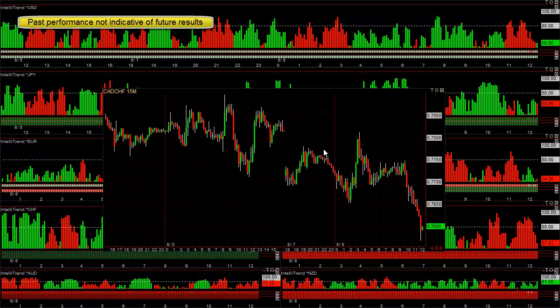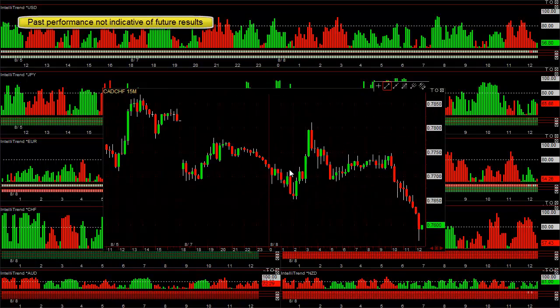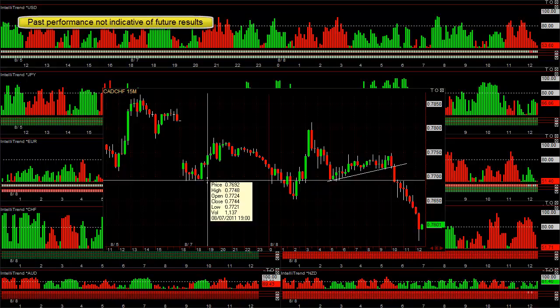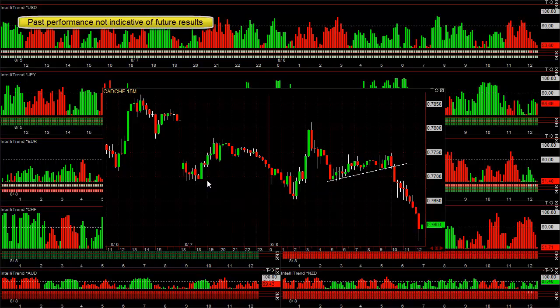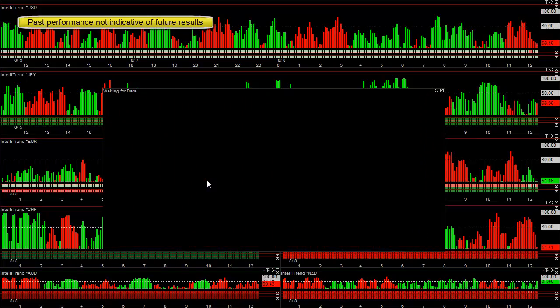And notice, there's a few good trades as the Swiss really became strong, but it really barely went anywhere for a very long time here. And notice how much wasted space this puts in. You can only see back on this chart till about 11 o'clock yesterday. So if you use, let's just say 10 pips per bar in the CAD Swiss,